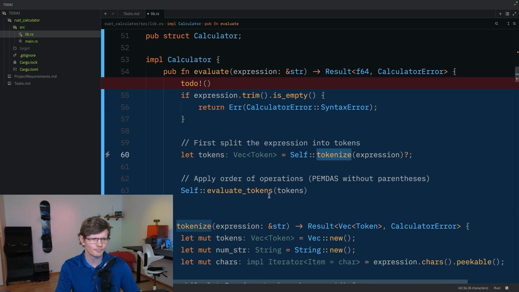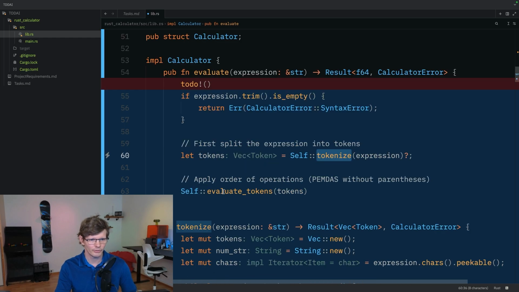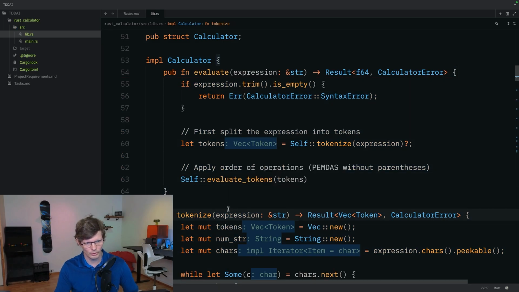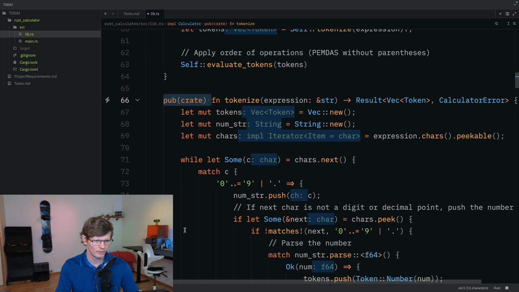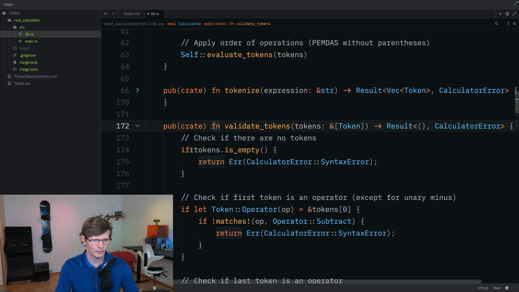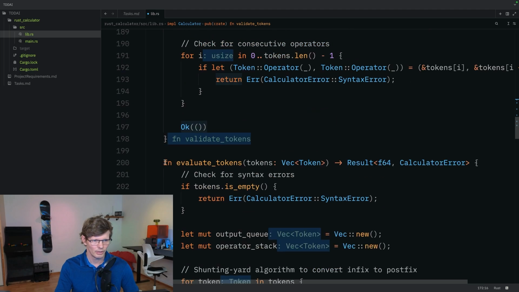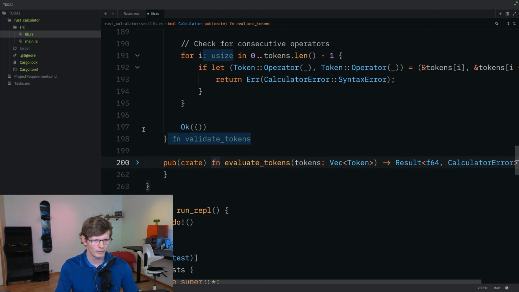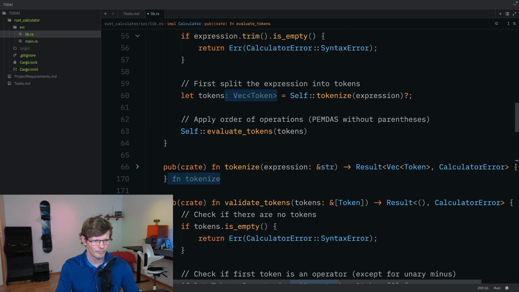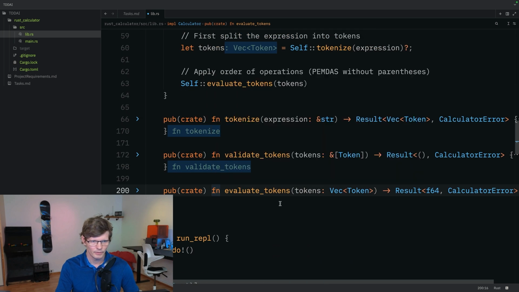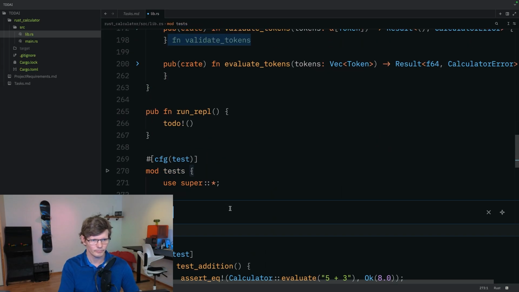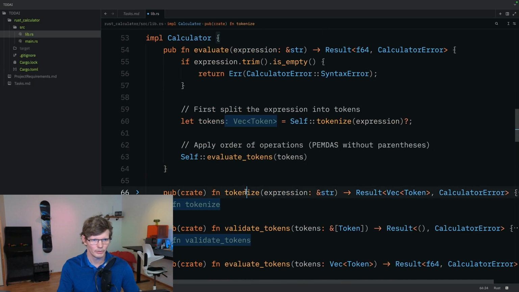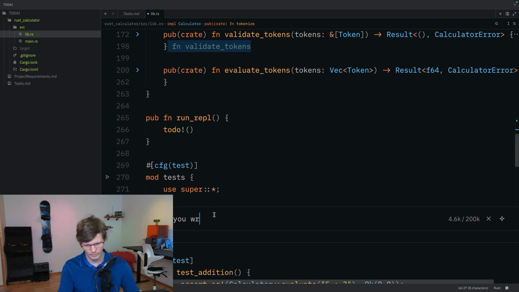Yeah, okay, let's just accept this and then add pub crate, and pub crate, and pub crate. Could you write some basic tests for